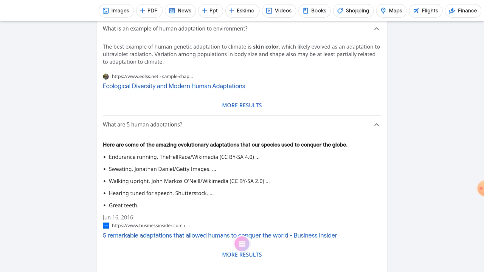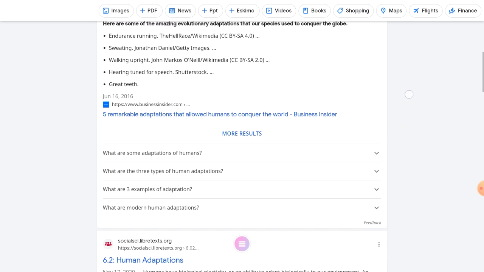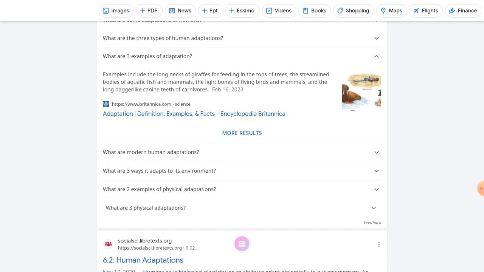Like the water that we produce, like it takes away heat or it's cold. It does cool you off, okay? That's a way of your body to not overheat, okay? If you're really hot, your body produces sweat, and that is a way to cool you down. Hearing tuned for speech. I guess our hearing has developed in order to help us survive, okay? But again, opposable thumbs is the most common one that we talk about. So this is talking about long necks of giraffes. You're not a giraffe.